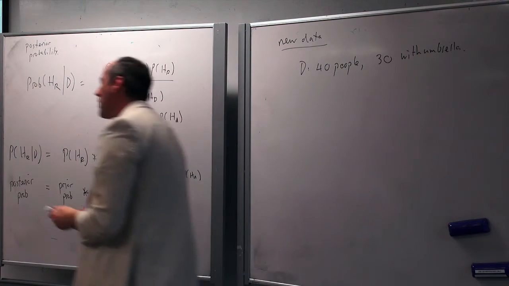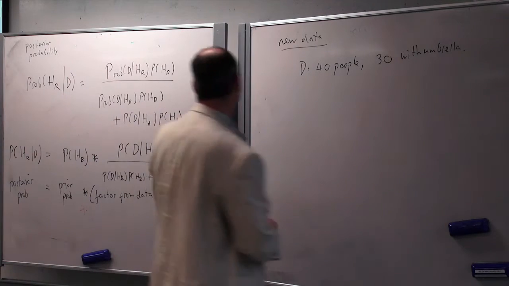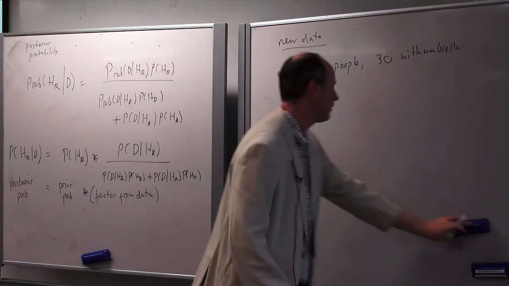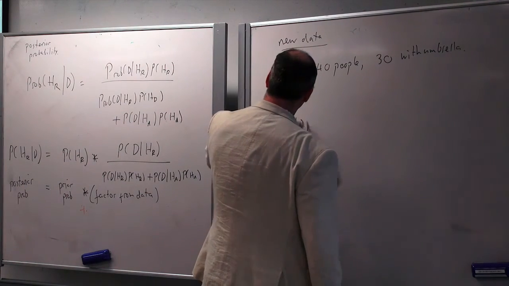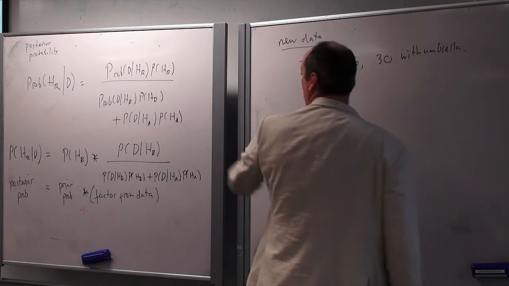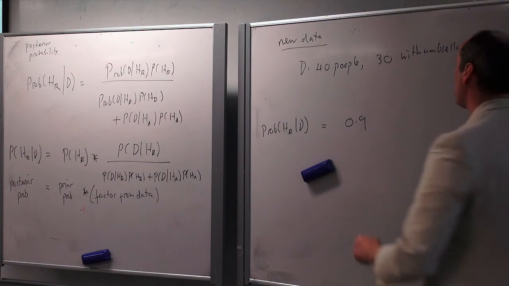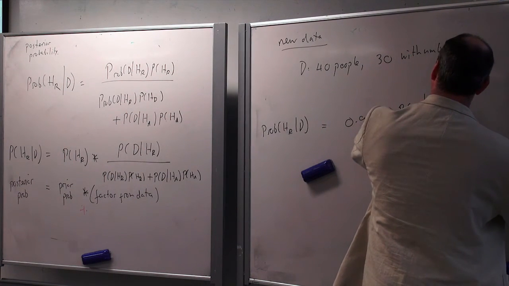So just thinking about it, if I was right and half of the people were carrying umbrellas, it's pretty unlikely that we see as many as 30, isn't it? If I was right. So we just go through the same process again. Probability that I'm right, given the new data, equals, well, I'll just write it out, 0.9, because that's the probability that I was right before we looked at the data, because I'm a grown-up, times the probability of the data given I'm right, over